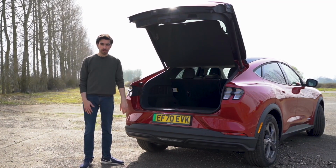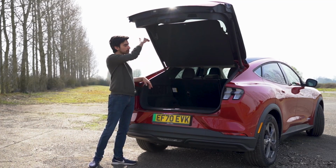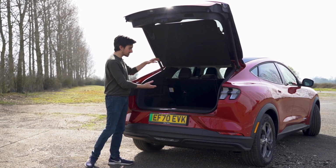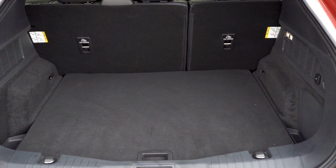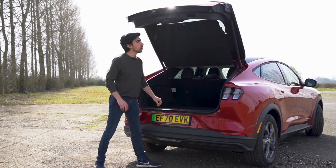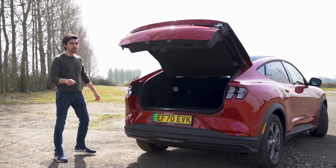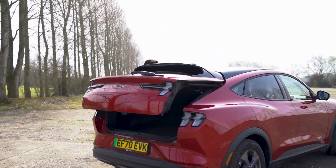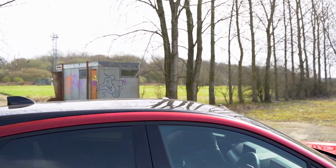But it may be smaller than some of its rivals, but you've got loads of space back here. And even though the roofline is quite low, you could still get 2-3 big suitcases back here. There's also a bit of storage under the boot floor as well. But that's not it. We've also got a frunk. Now, some electric cars come with this, but not all of them. So if I pop the bonnet,